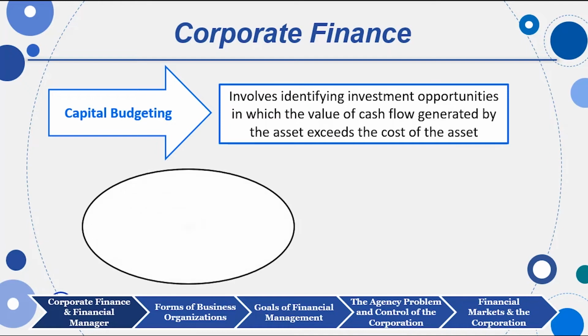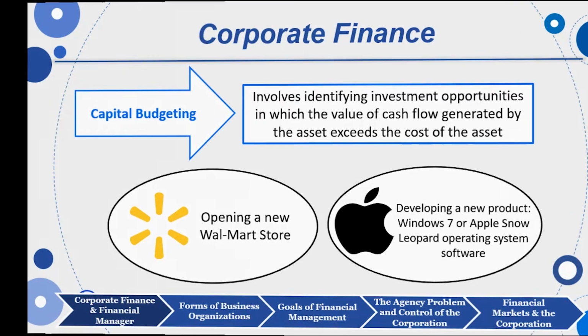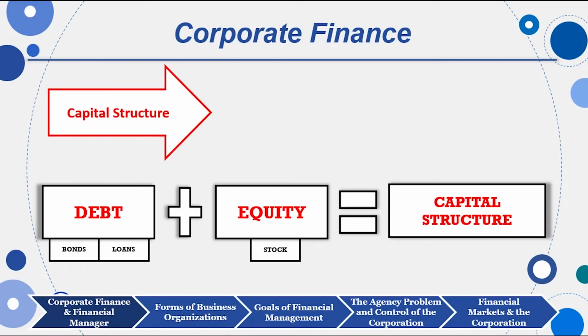I want to look at investing opportunities where the cash flow generated by these assets is greater than the cost of the assets. And if I'm doing that, I'm doing a good job at capital budgeting. An example used in the text is opening a new Walmart store. So down in Bentonville, Arkansas, an example of capital budgeting will be, do we need another Walmart store in State College, Pennsylvania? How about another Sam's Club? That would be some capital budgeting discussions that might go on in Bentonville, Arkansas. Another example might be a software package like an update to Windows, Snow Leopard operating system on the Apple platform. Those are also examples of capital budgeting.